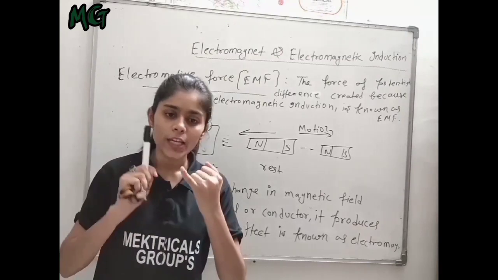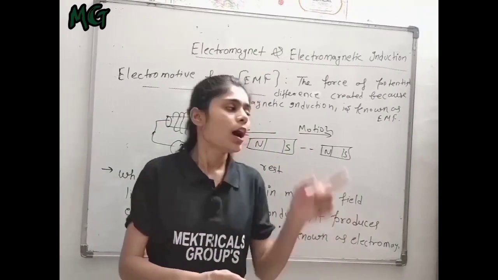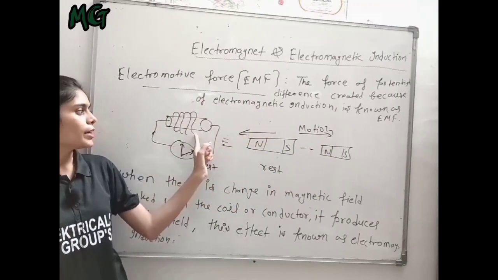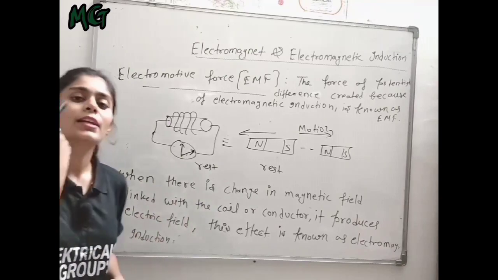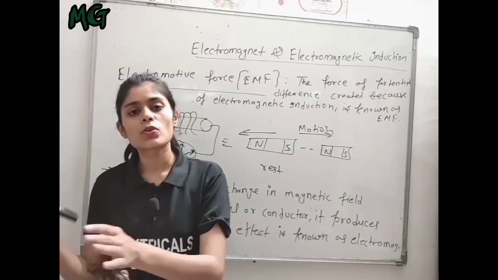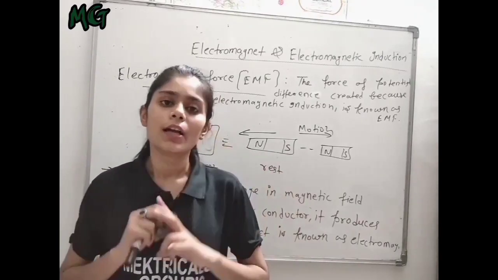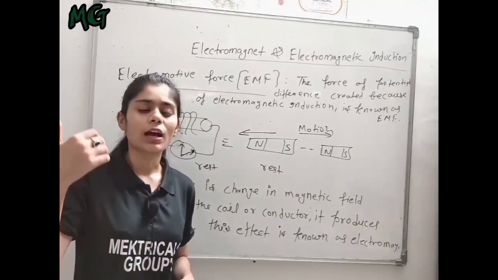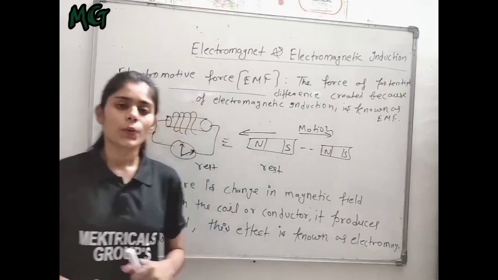So we are concluding 2 points from this chapter, whatever we have learned till now. First, because of flow of current, magnetic field is produced, and because of change in magnetic field linked with the coil, current will be produced, or you can say electric field will be produced. So electric field can produce magnetic field, and magnetic field can produce electric field; both are possible. And the direction of magnetic field we can determine from the right hand thumb rule, or the screw rule. Okay students,